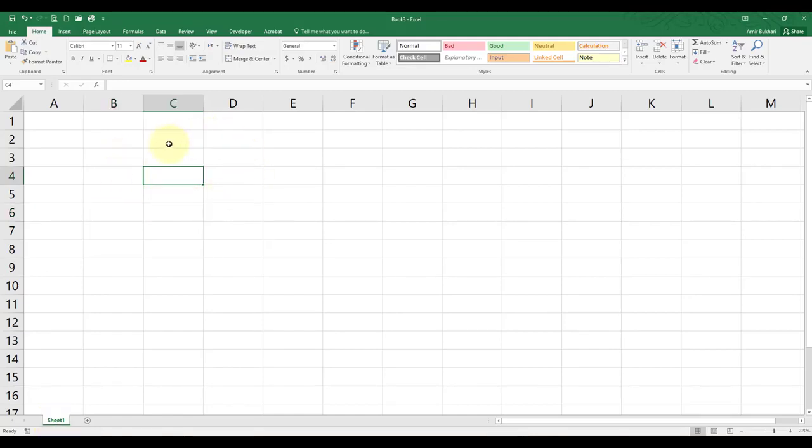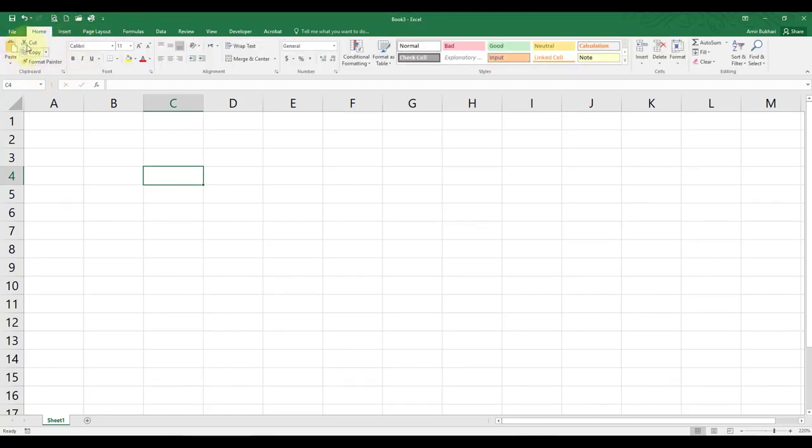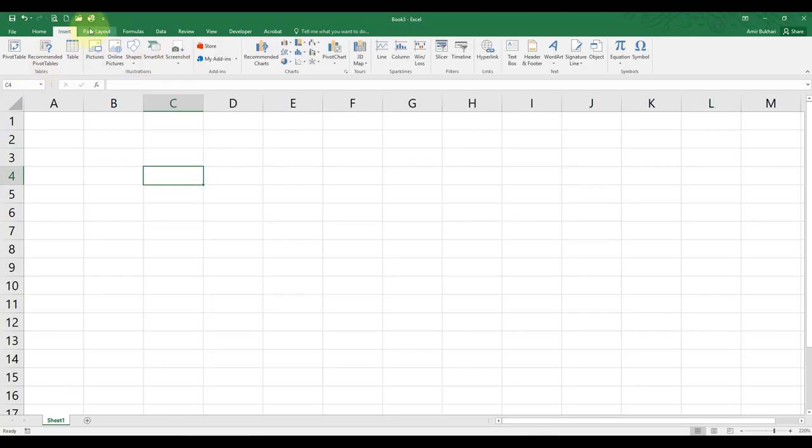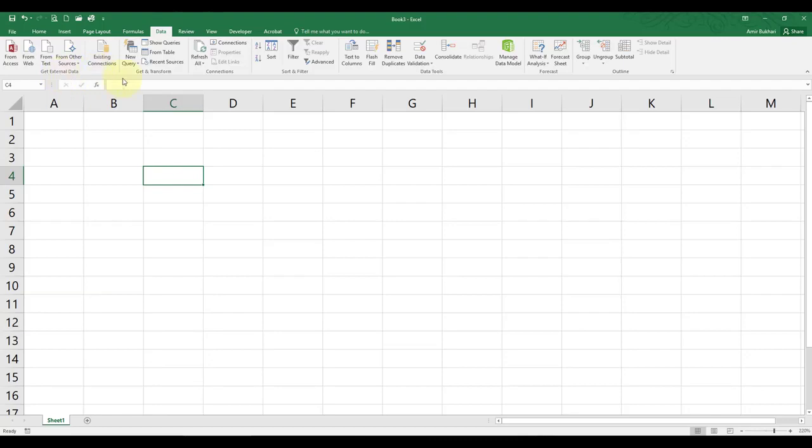Now just a little detail about all these things that you can see on an Excel program or Excel sheet. This is our ribbon, this area, which consists of different tabs, and in every tab you will find some groups of icons or tools. This one is the clipboard group, this is the font group, this is the alignment group, and then you can have some more illustrations or tables. Then you have the function library. Here you can have connections, sort and filter, or data tools.